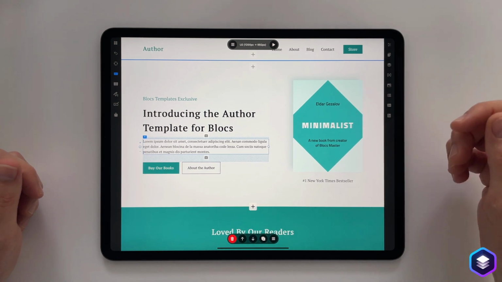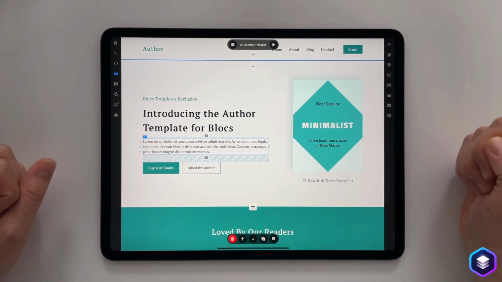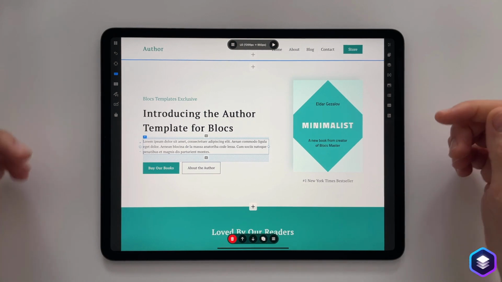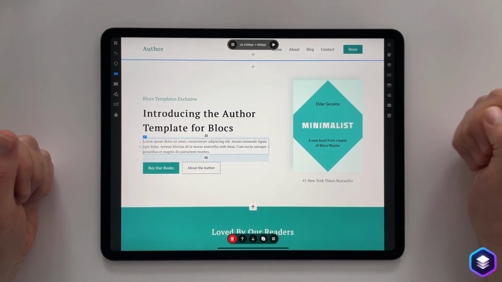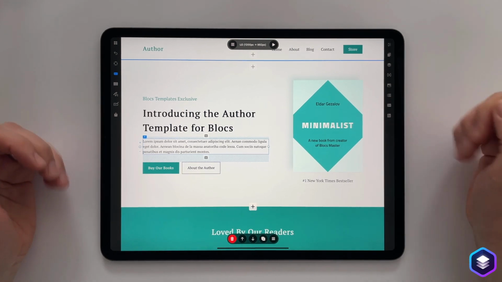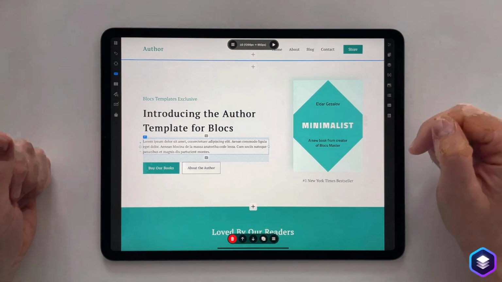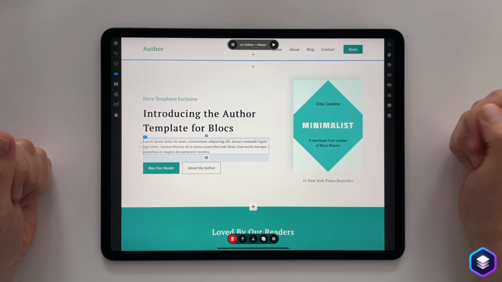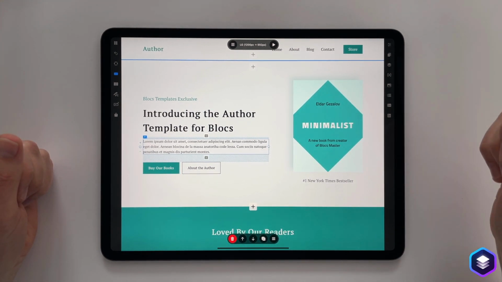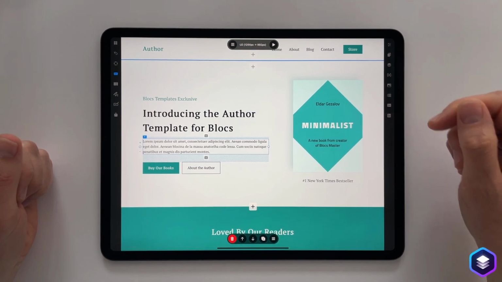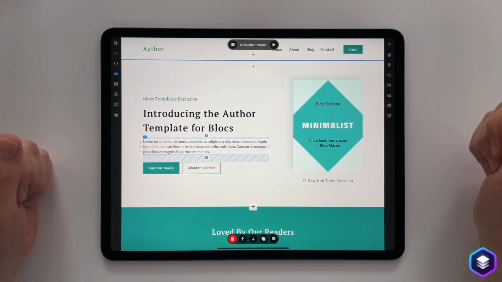When you're working on the Mac, obviously we have the canvas in the middle and we have sidebars either side. On iPad, screen space is obviously limited, but we've re-engineered the way the interface works in order to deliver what we think is just as good an experience, if not better.